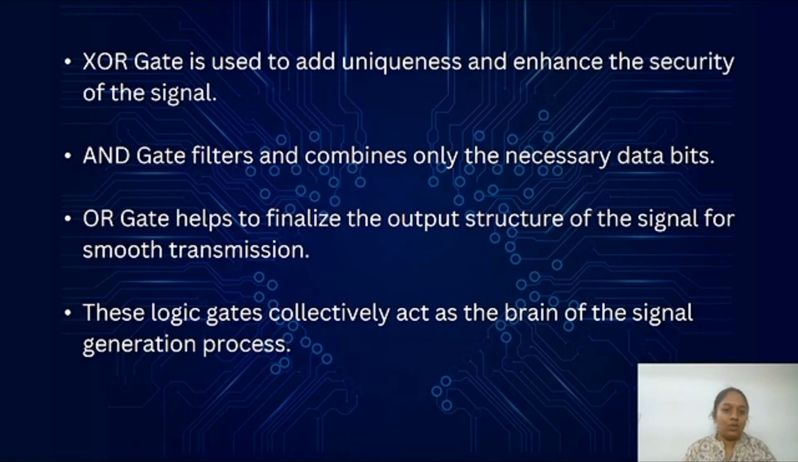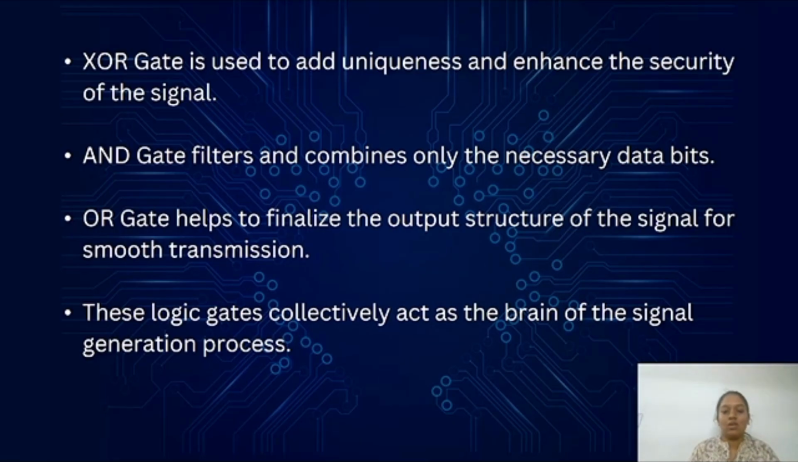So this process uses basic logic gates such as XOR gates, which make the signal unique, AND gates, which combine only the required data, and OR gates, which prepare the final signal for transmission. This comes together from a digital encoder, which converts the satellite's raw data into a structured format. So now this signal is ready to be transmitted to Earth through the next step, which is the satellite